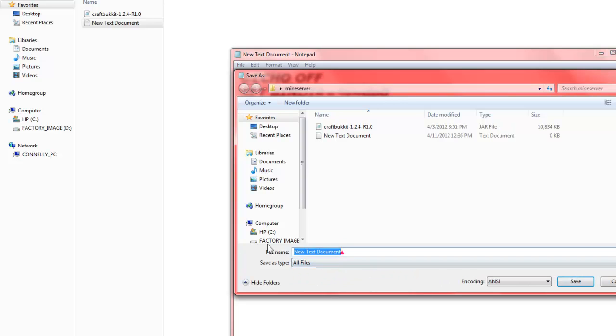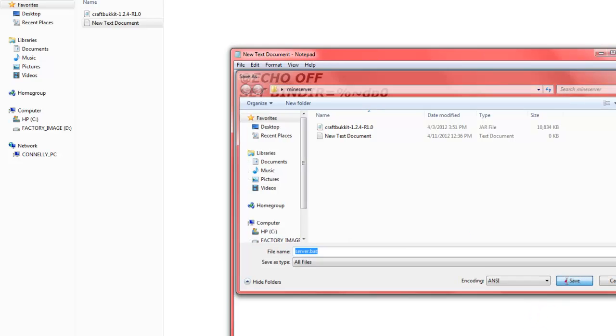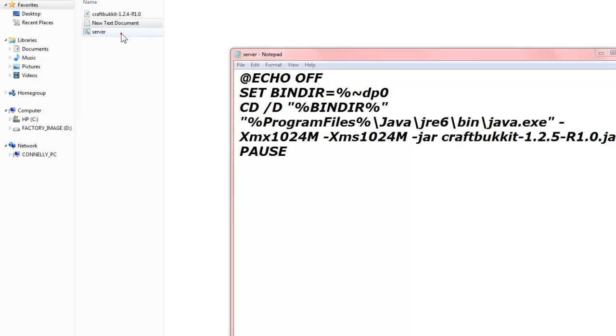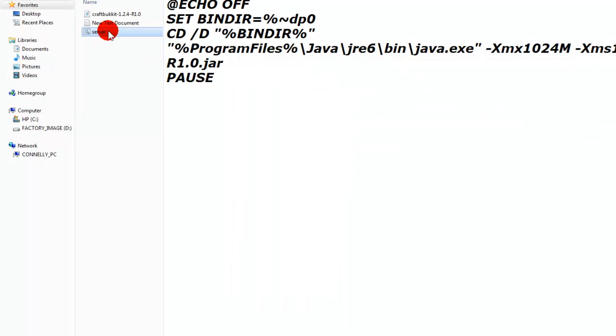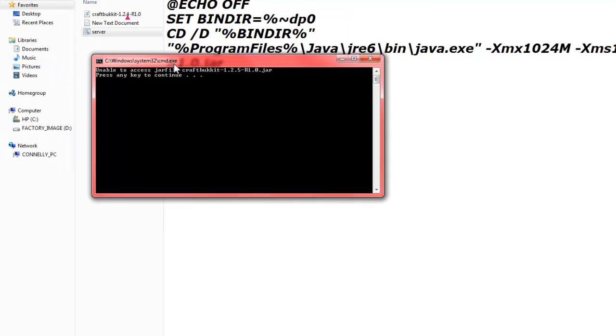all files, and then save it. You can save it as start.bat, run.bat. I'm going to do start. You can name it like server.bat or something. You just hit save, and it should give you a run file or something like that, and you can X out this. And when you click on it,